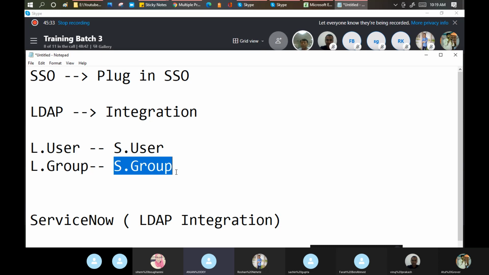Then transform map is there. Very good. Then staging is there. Yes. And then you upload. So when we do the integration with any other third-party tool, I am creating an import set, I am creating a transform map, and then I am putting it into the service. Now in the background, only this thing works.